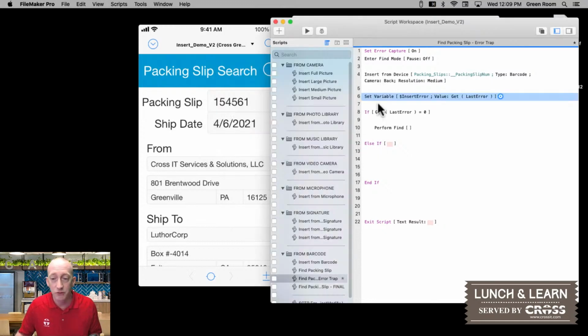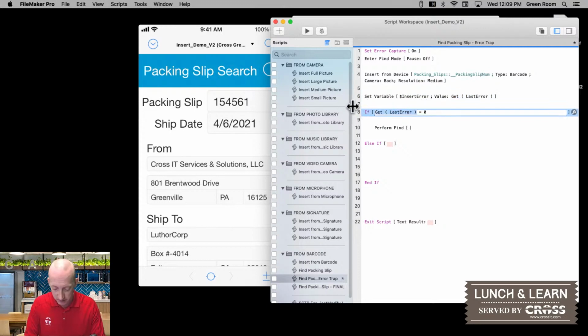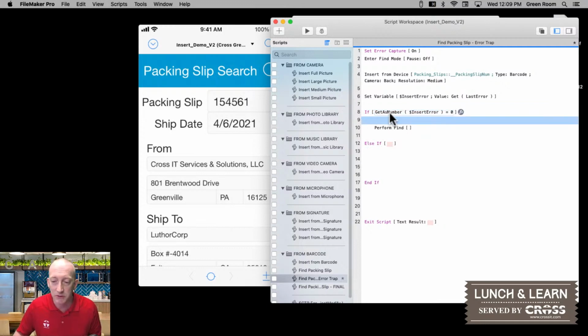So that way I've trapped for that error immediately after the function that was called, and then I can update this to be okay. Now you'll notice here that I actually wrapped it around the get as number function,